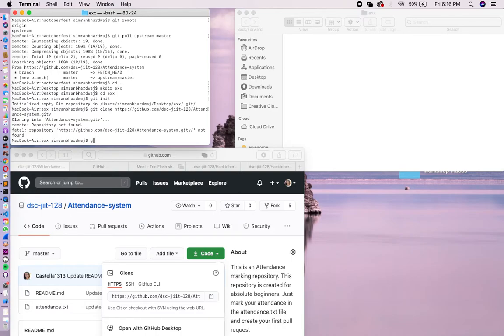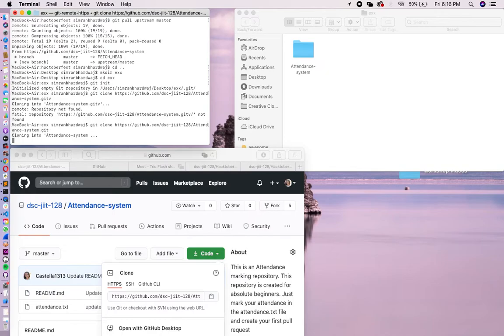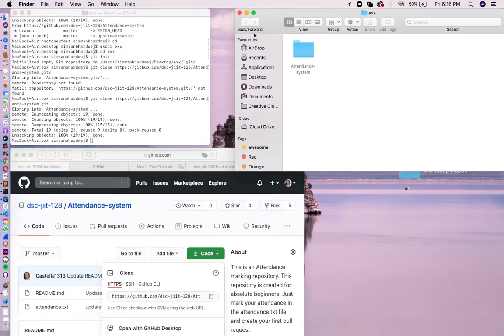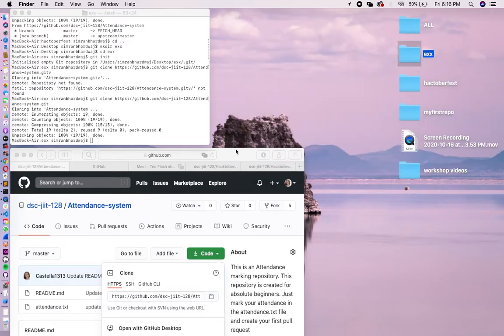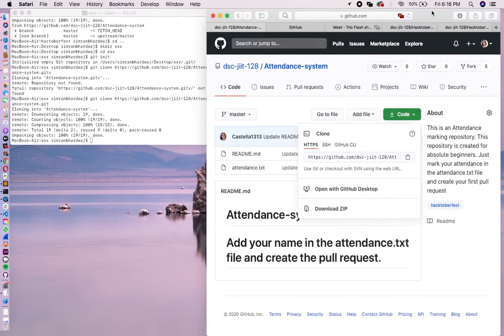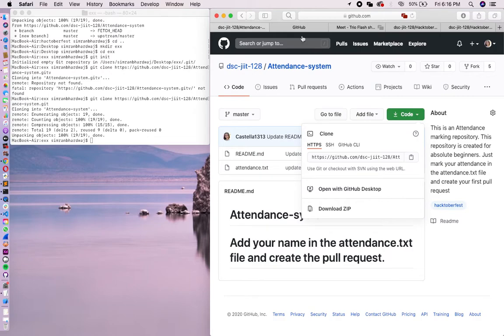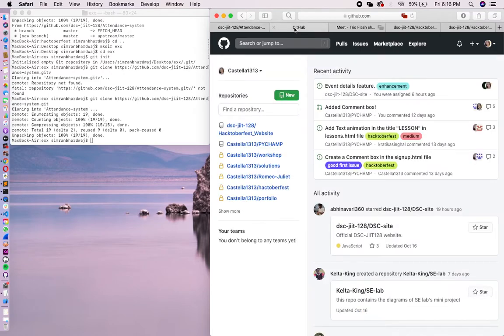Okay, actually I mistyped it. Git clone and just paste the address. So you can see that the git clone command also works, but for that you have to copy and paste the whole URL. So just to avoid that, we created a remote and we have been pulling the code from the original repository.